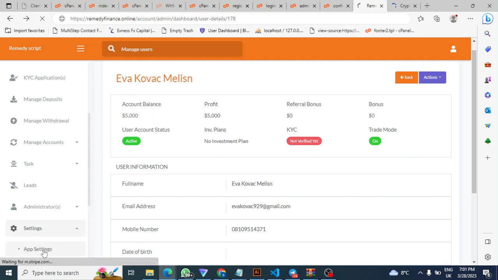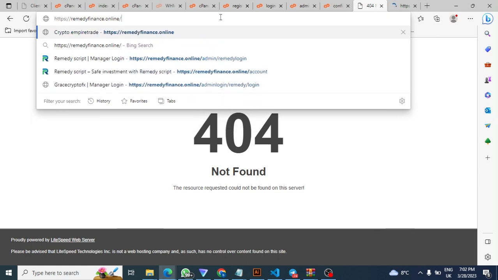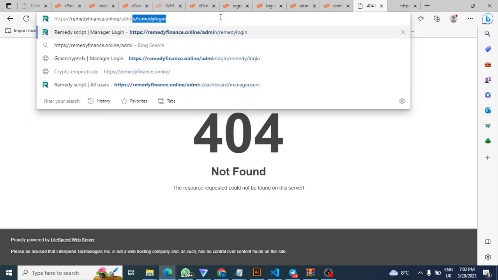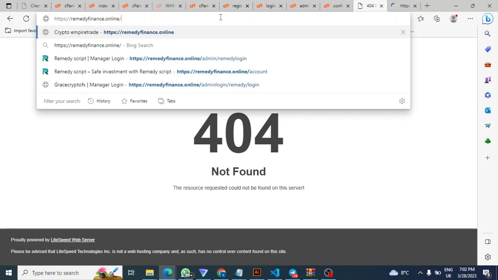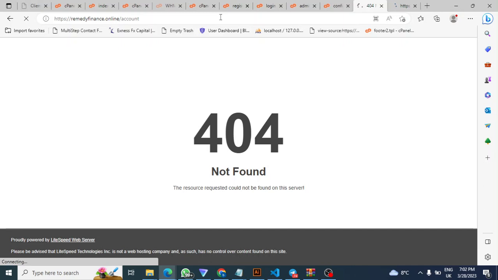If you come to app settings, this is taking time to load. Let me log out, please. Let me log out from this. I want to go to the admin account, because I changed the folder. That's why it's doing this. So I changed the folder. So now, instead of just admin login, if I want to access it, I will go to